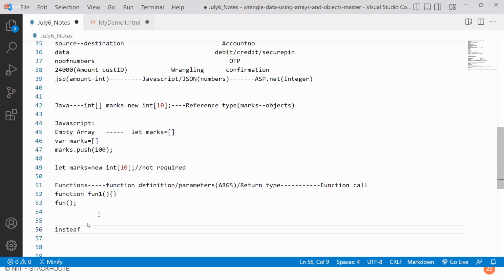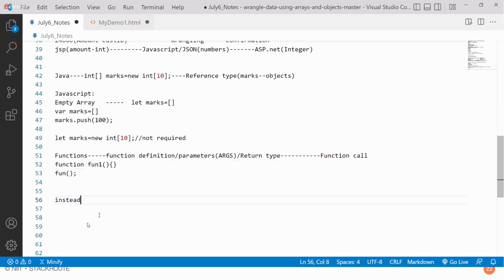Instead, today we are going to deal with a function without this parenthesis. Instead, today we are going to discuss a few built-in, listen carefully, built-in functions,